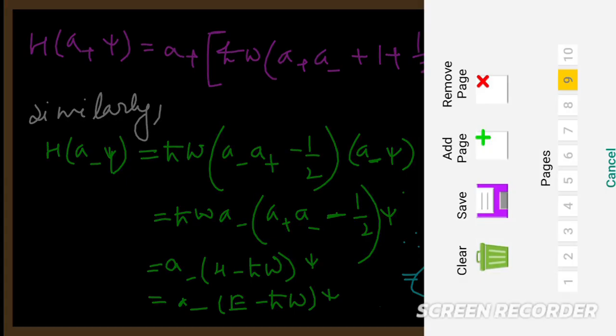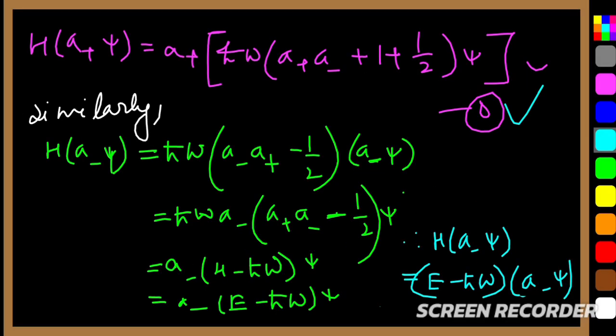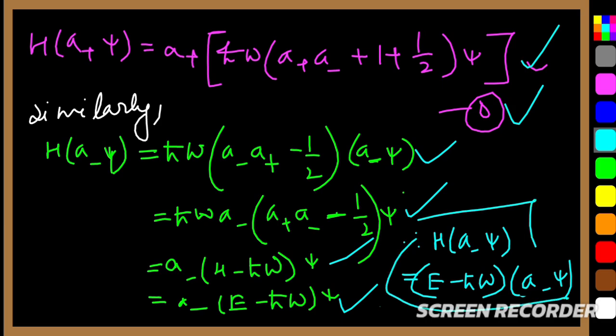কি four equation আমরা পাই, এটা একটা পাই, এটা একটা পাই, এটা একটা পাই। কীভাবে এইচ এ মাইনাস সাইকে সলভ করলে আমরা একটা ইকুয়েশন পাই, দ্যাট ইজ h cut omega within the first bracket a minus a plus minus half into within the first bracket a minus psi. আরেকটা ইকুয়েশন পাই, দ্যাট ইজ h cut omega a minus within the first bracket a plus a minus minus half bracket close psi. আরেকটা ইকুয়েশন পাই দ্যাট ইজ equal to a minus within first bracket h minus h cut omega psi. আরেকটা ইকুয়েশন পাই দ্যাট ইজ h a minus within first bracket e minus h cut omega psi. তো আলটিমেটলি এটা আমরা ইকুয়েশন পাই, দ্যাট ইজ দ্য 9th ইকুয়েশন। ওকে,